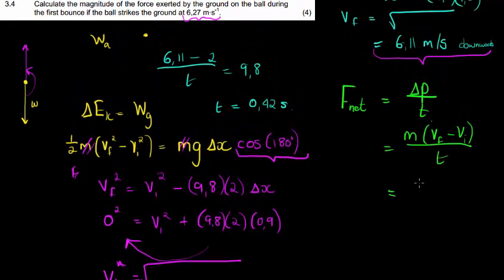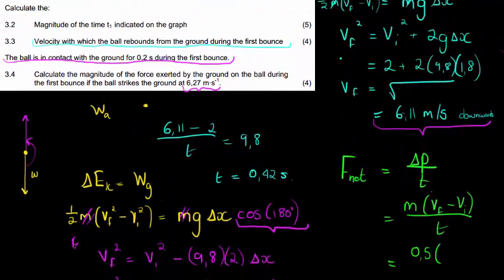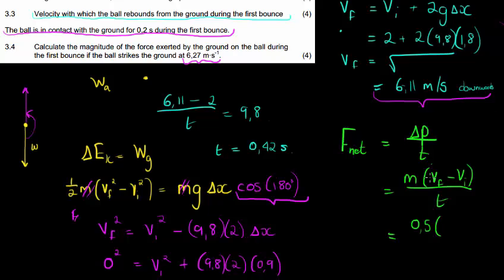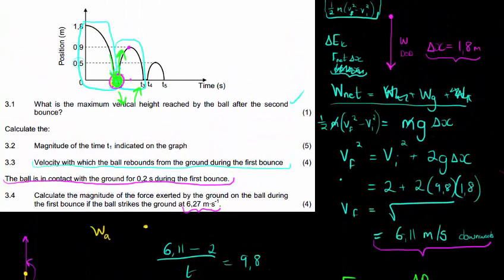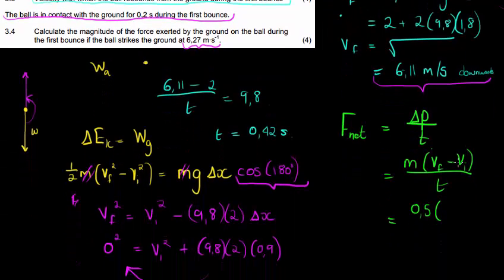Okay, mass we have 0.5. And now here's where the problem comes in. Future velocity is the velocity upwards. Initial velocity is the velocity downwards. And Carl, I can almost promise you will have a question like this. These velocities are in opposite direction, which means they should have opposite signs. So if I say my future velocity, that's the velocity with which it bounces back,